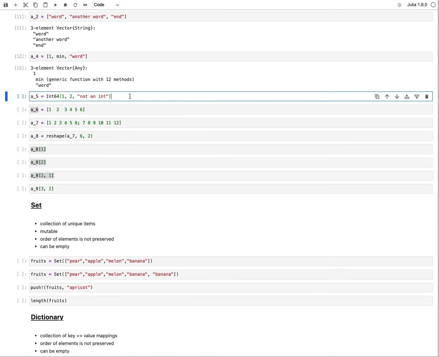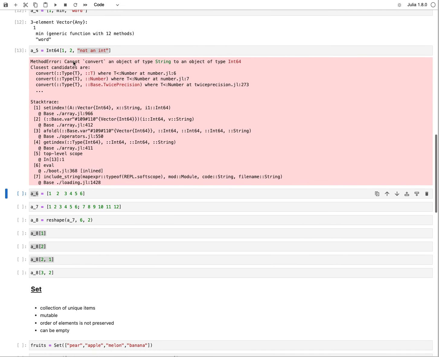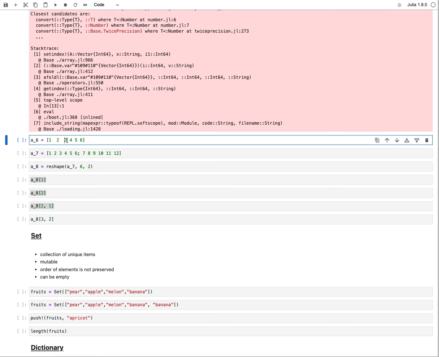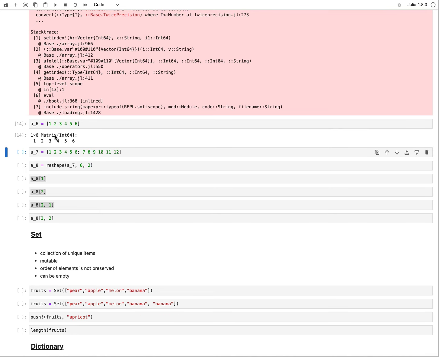I can actually define a type, right? So if I say I want to have an array only with integers, I would declare it like this. And if I actually then violate that condition, then Julia gives me an error. So here it gives me this error that it cannot convert this into an integer. Now it's also interesting to see, if you don't insert the commas here, then you're automatically creating